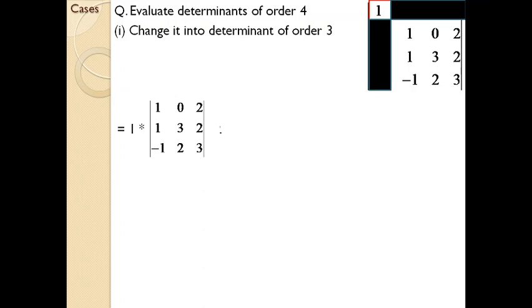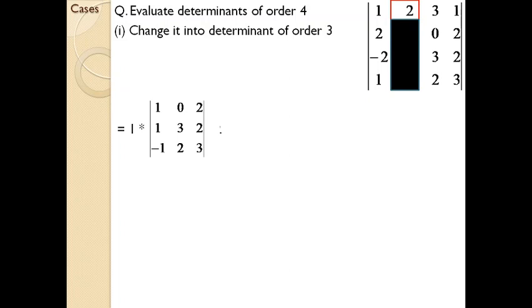So now you have a determinant of order 3. So 1 into the first one. Next, the element in that row is 2. Whenever you select an element within that row, the corresponding row and column will be neglected. See, the column in which the number stands is neglected, as well as the items in that particular row. So how are you going to represent it?